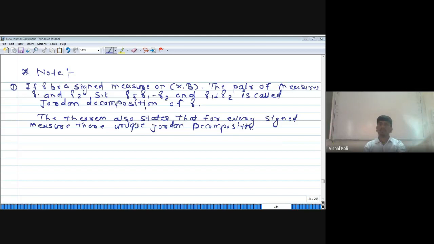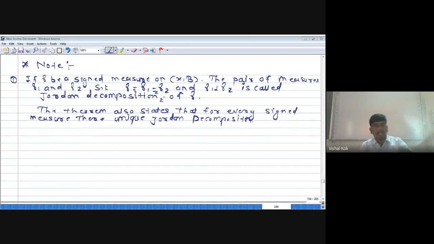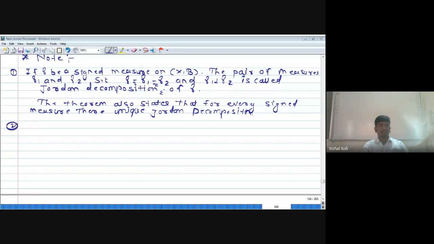That is, if gamma plus and gamma minus are another pair of mutually singular measures such that gamma equals gamma plus minus gamma minus, then gamma 1 is equal to gamma plus and gamma minus is nothing but gamma 2. So if we take any other pair of mutually singular measures, it must be equal to this gamma 1 minus gamma 2. Hence, this theorem states that if we take any signed measure, then there is a unique Jordan decomposition corresponding to that signed measure gamma. And the second point is that this theorem also says